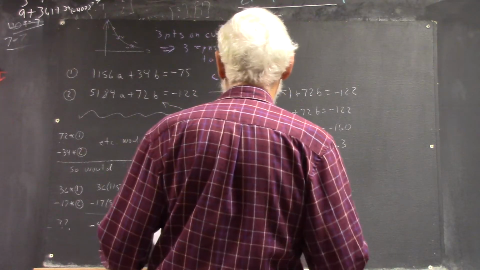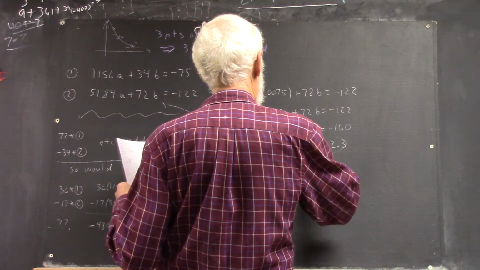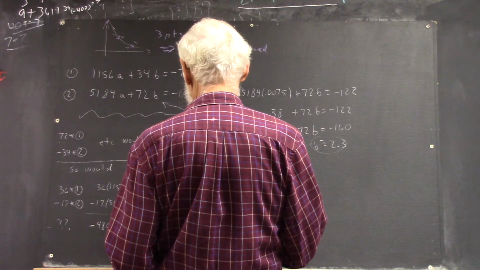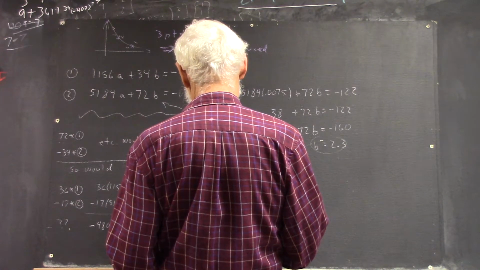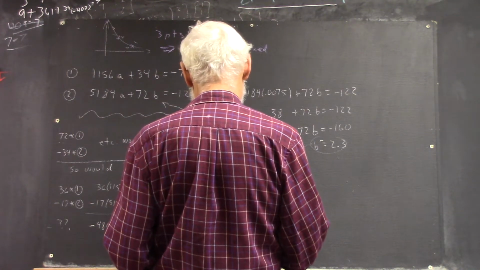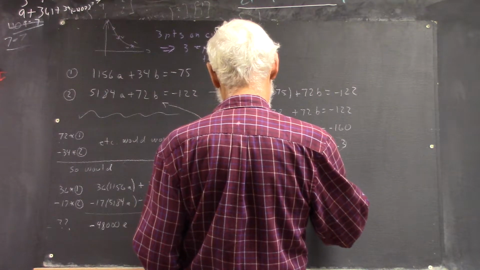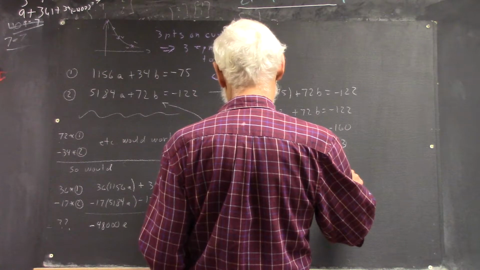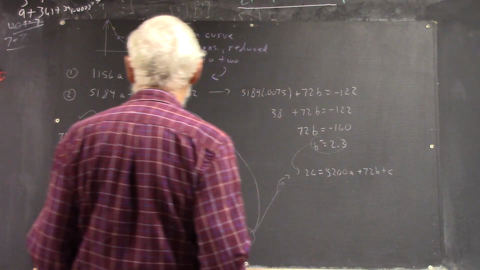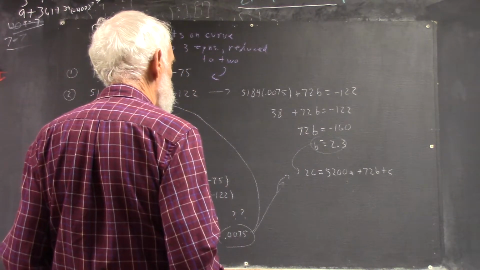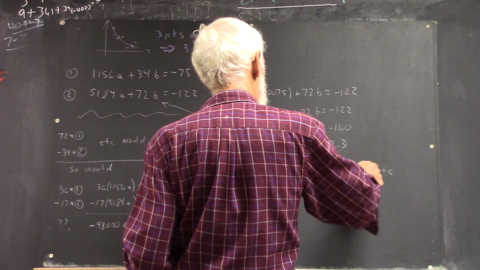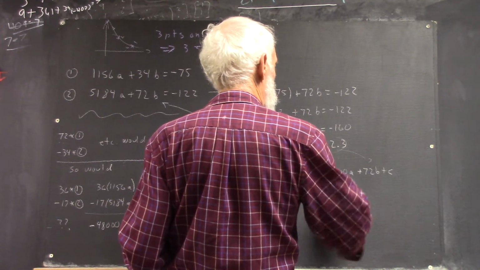We go back to one of the original equations now. We take this and this, and we plug them into the equation. Well, yeah, we'll do it. 72 squared would be about 5200A. Plus 72B plus C actually would be this. And we plug these numbers in here. So B would be this number. A is going to be this number. And we're going to get